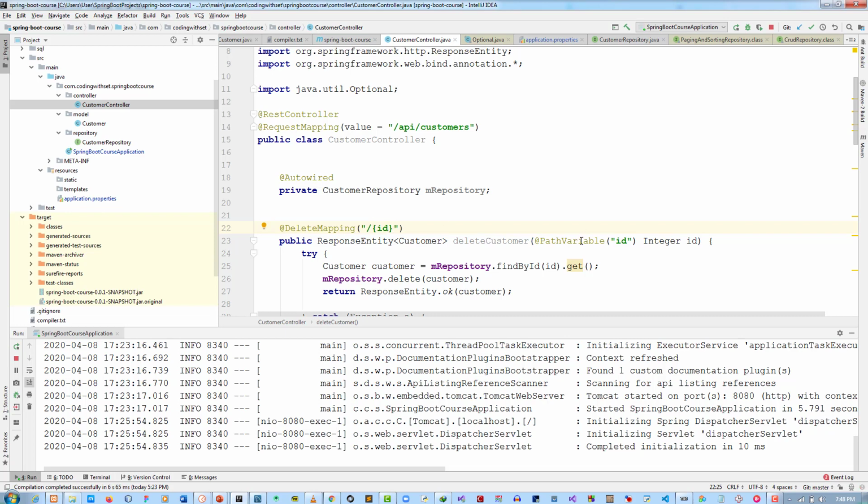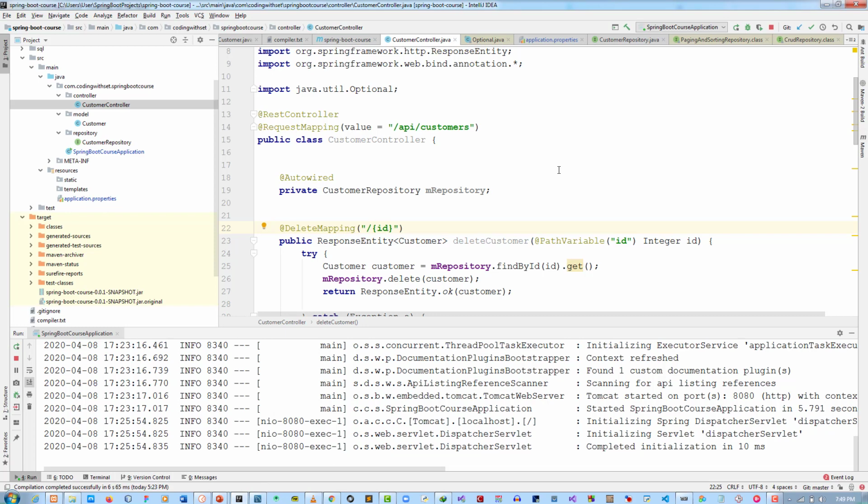And if you observe, I'm using path variable. Here you see now, I'm using the path variable. And path variable is a method parameter that binds to the URL template. It binds to the URL template variable. Let's say for instance I want to delete the last user. And for me to do that,